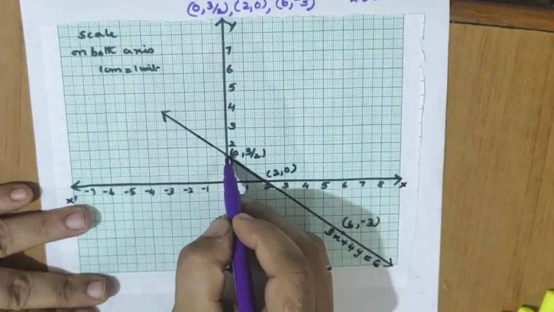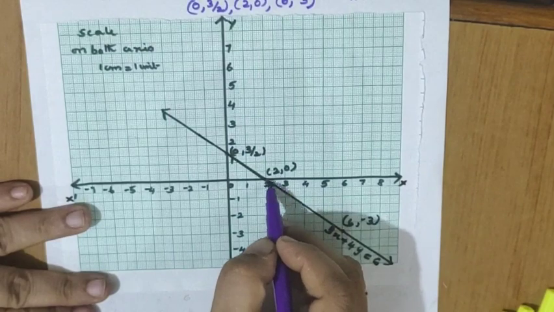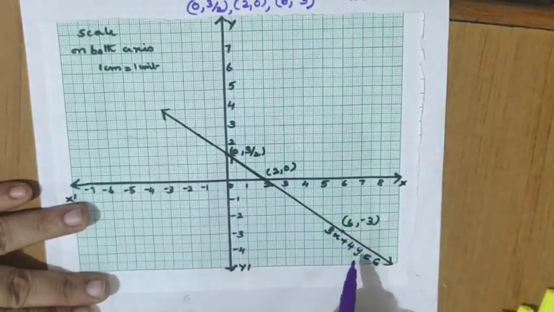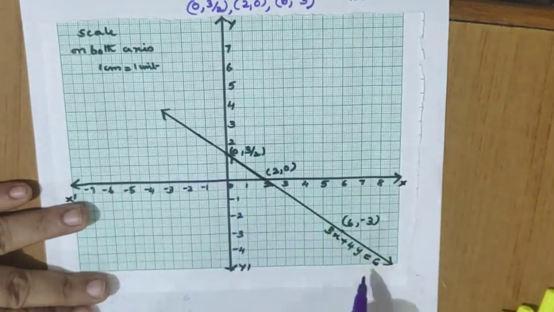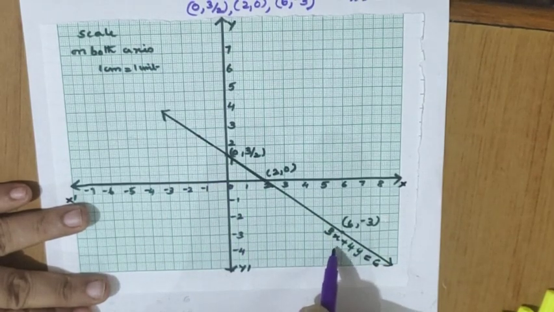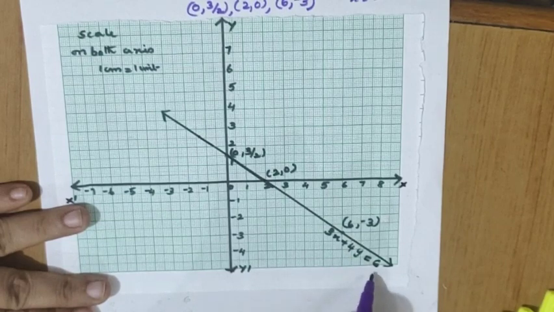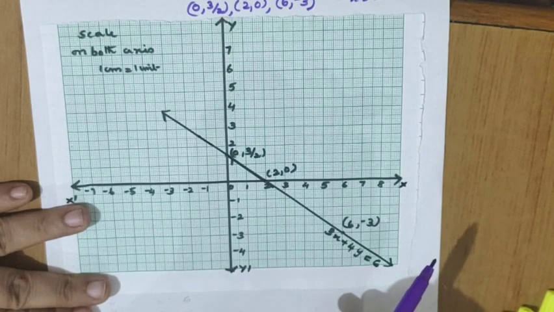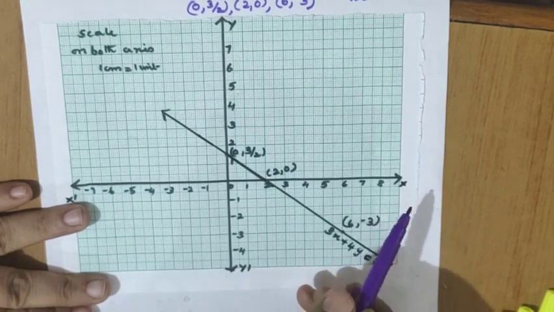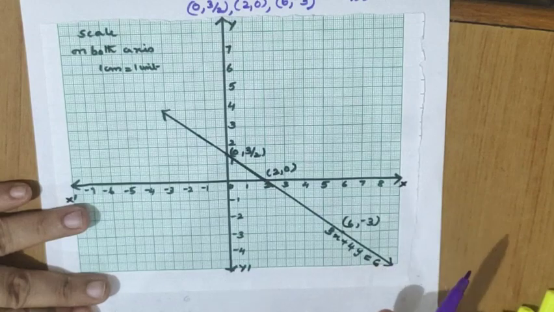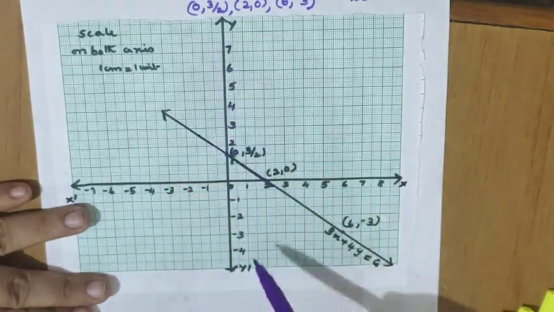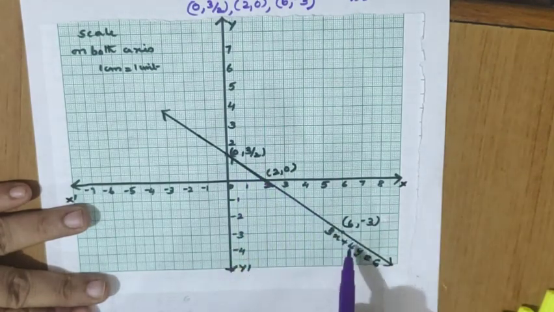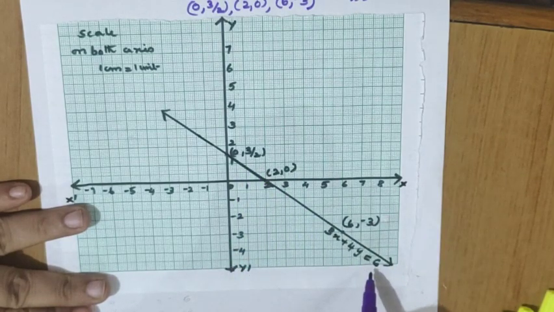0, 3 by 2, 2 comma 0, 6 comma minus 3. The point 0, 3 by 2 will come here, and 2 comma 0 here, and 6 comma minus 3. So all the points are plotted and joined, and we are getting a straight line. Now on the line I have written the equation of the line, 3x plus 4y equal to 6. So now see what are the points I told in the last question, whether I have done them also. You see that one, x dash, the name of the horizontal axis is given, the y axis is given, and the scale is written, then the points are highlighted, then the equation of the line is also given.